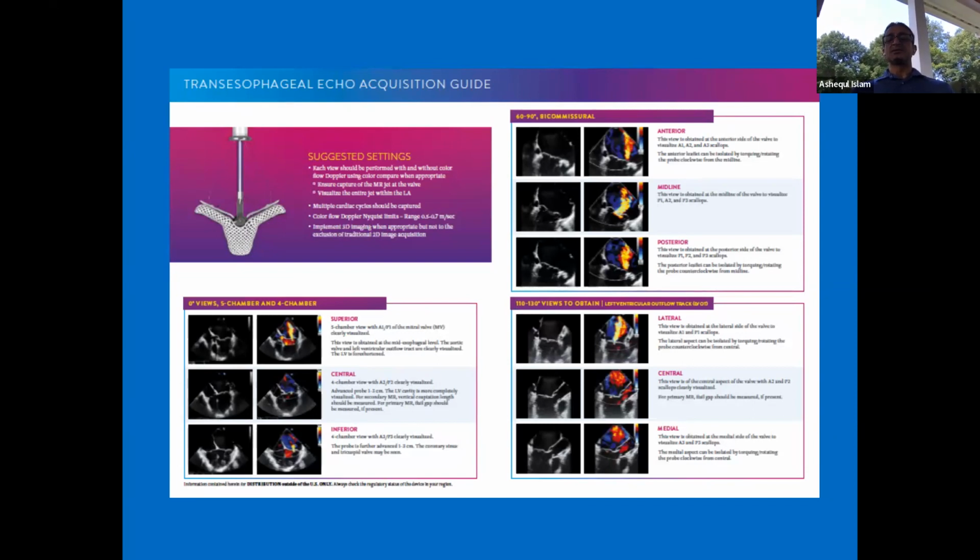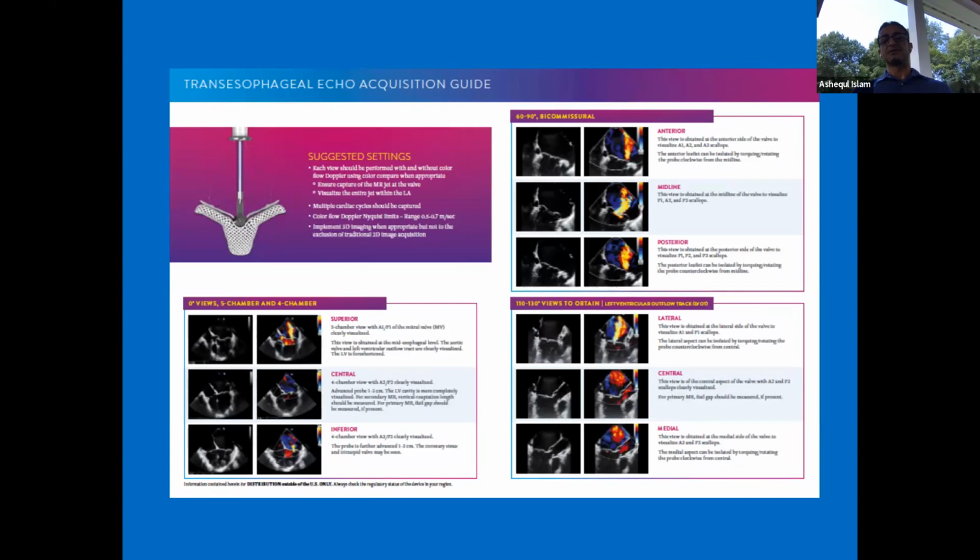Anteriorly, you will see only the anterior leaflets, three scallops of the anterior leaflet. Posteriorly, you will see only three scallops of the posterior leaflet. And in the midline, you're going to see A2 in the middle, but P1 and P3 on the sides. This is one of my most favorite angles to start determining what is exactly going on, because in most common